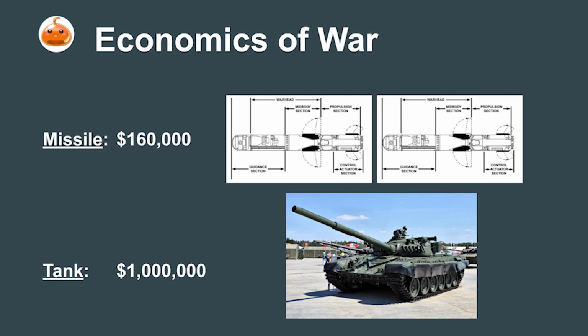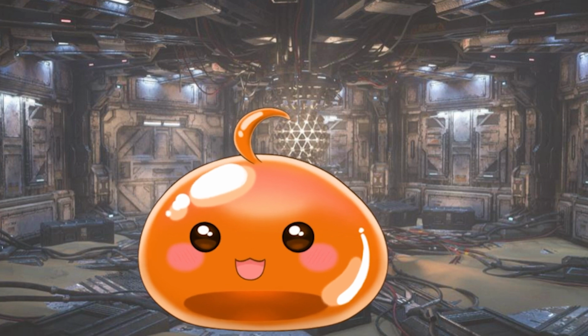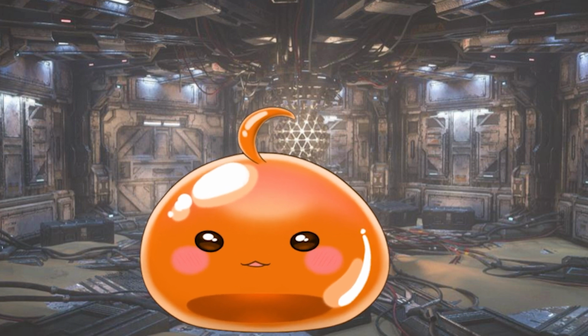On a galactic scale, losing 2 urban mechs priced at 2.9 million C-bills to defeat a 6.1 million C-bill Warhammer can also be considered winning. As mercenaries, there will likely be situations where we do get command rights, and the houses that employ us will expect us to make trades like this. So let's zoom back into the tactical level and go over how to pilot these mechs to their maximum potential